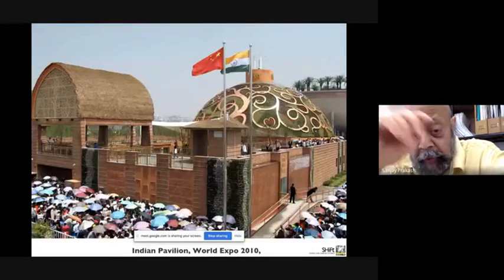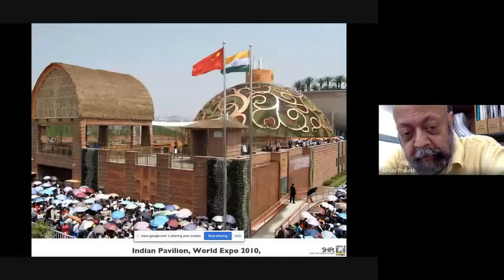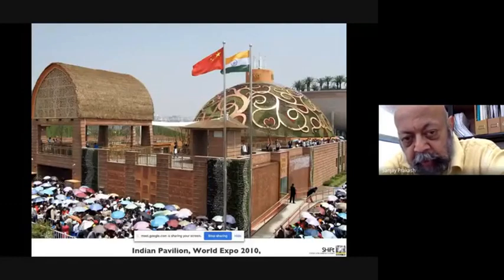Yeah, so that's another view of the outside and all the folks lining up Chinese fashion to enter the pavilion. We also had a thatch entrance foyer, which you can see on the left of this view.